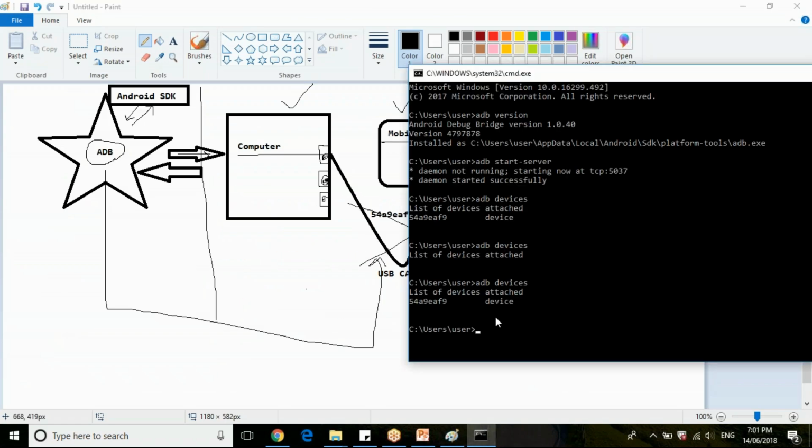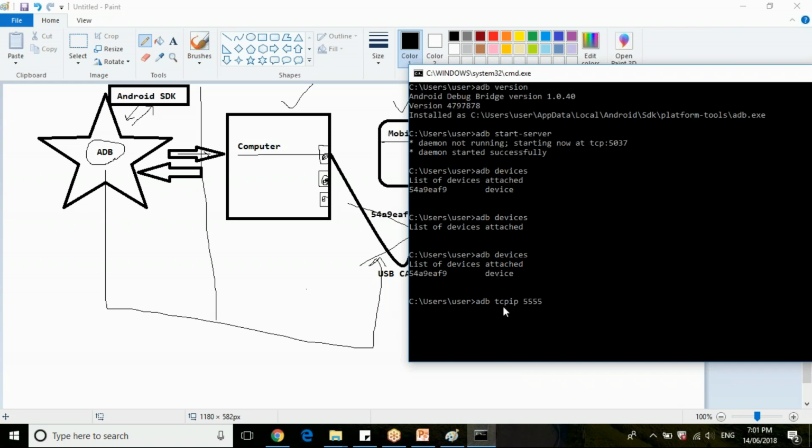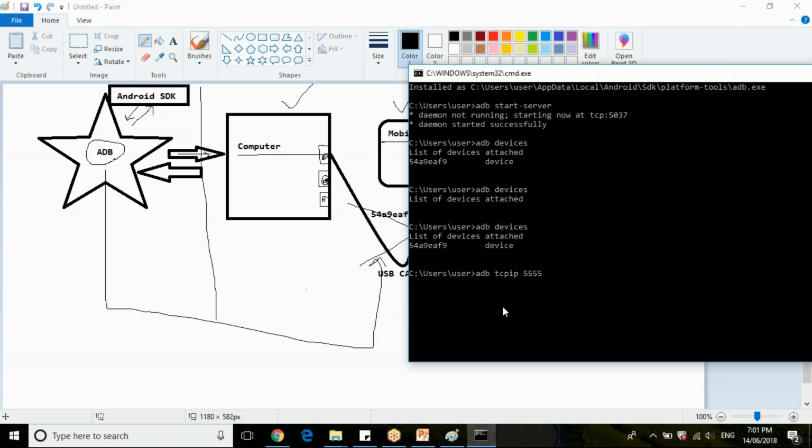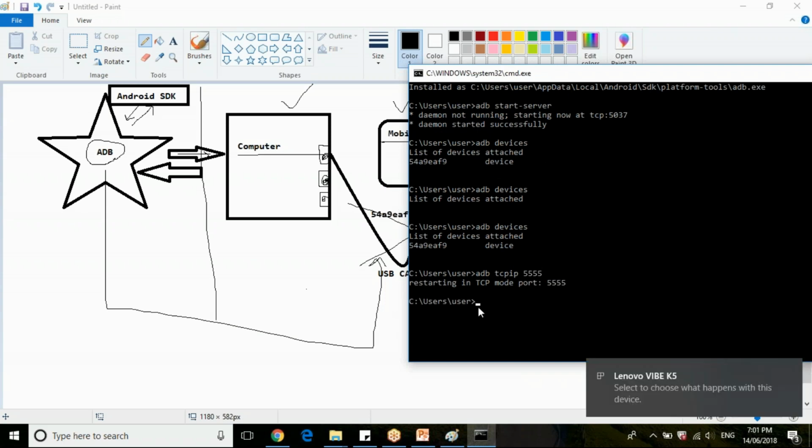Fire this in your command prompt, and you give a port number, 5555. Once you start this TCP/IP port, then you can check the IP address of the mobile device which you have connected.